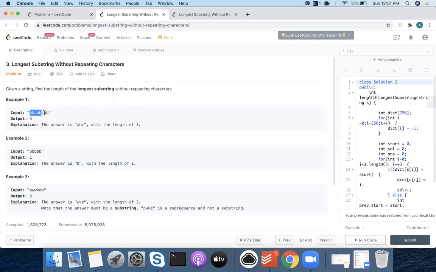Do I still need to analyze the bigger string? If I know that a smaller substring has repeating characters, do I need to analyze the bigger subpart of it? No, right? So you can now try to use this property and see if you can reduce the time complexity.